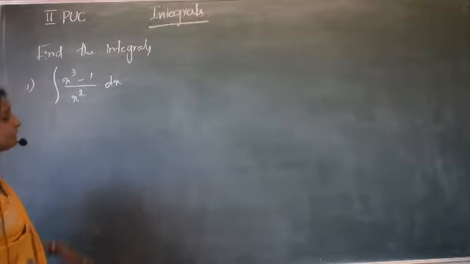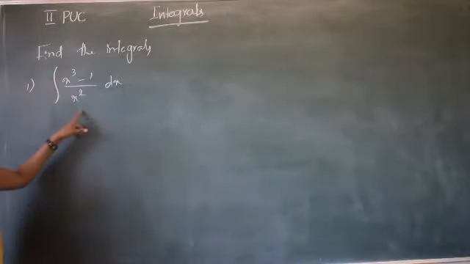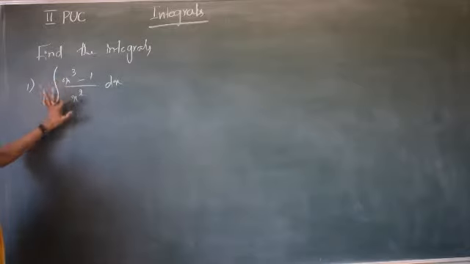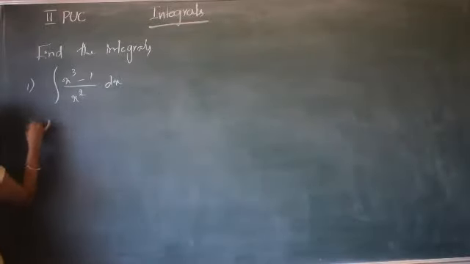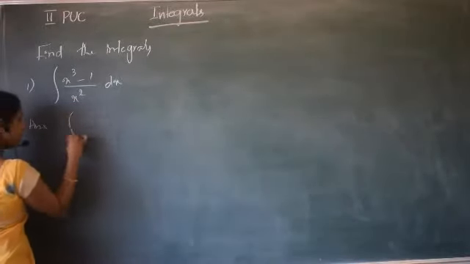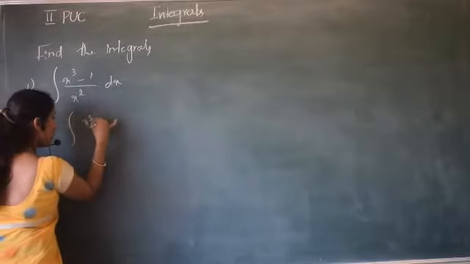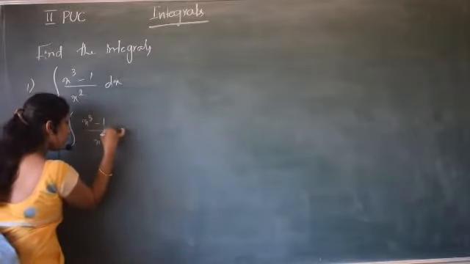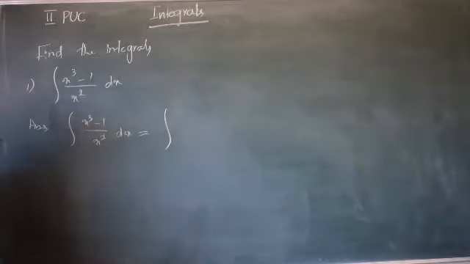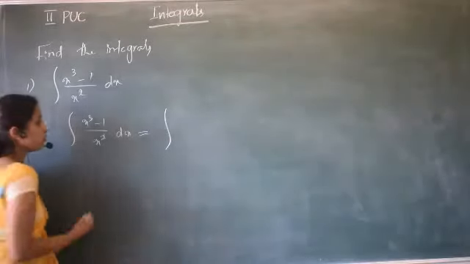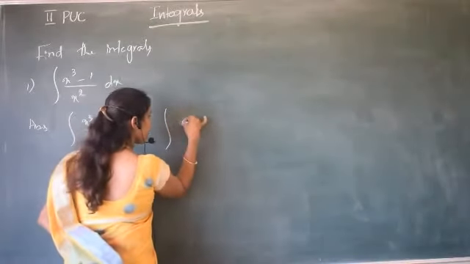So how to find it? We can split this integral. This is called the integrand, in integration. So we can split the integrand: x cube by x square minus 1 by x square, I can write. So integral of x cube minus 1 by x square dx can be written as integral of x cube by x square